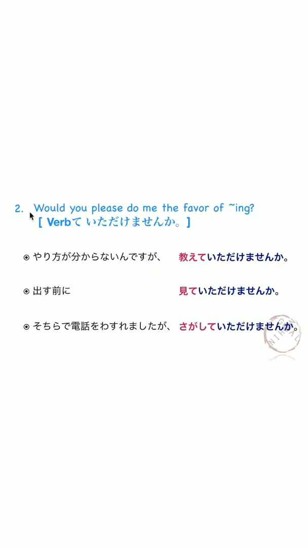Would you please do me the favor of doing something? Using verb in that form followed by いただけませんか? For example, やり方がわからないんですが、教えていただけませんか？出す前に見ていただけませんか？そちらで電話を忘れましたが、探していただけませんか？